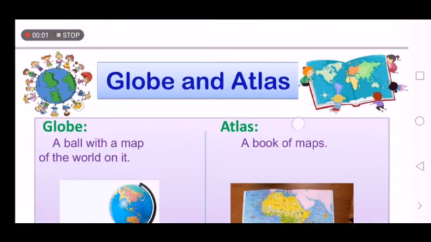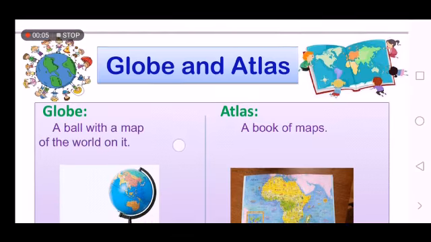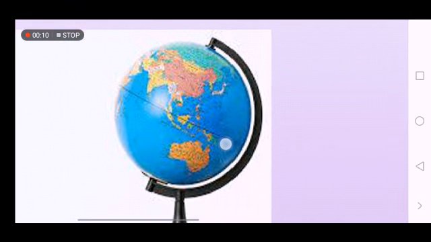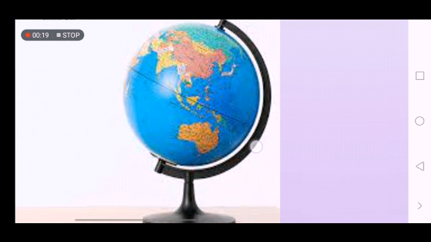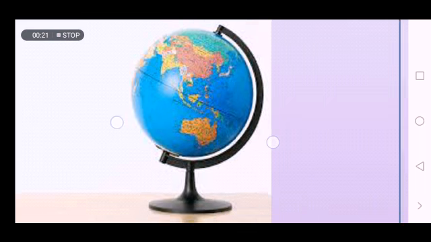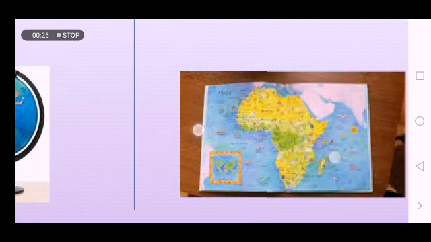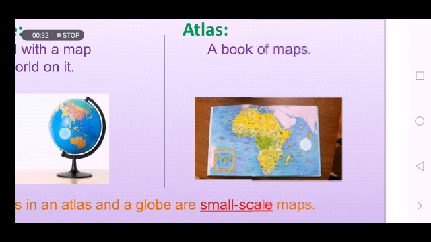Let's move on. Here we have globe and atlas. This ball, the blue ball, is called a globe. It's a blue ball with the map of the world printed on it. You can see the map of the world around this ball, and this ball is called a globe. And here we have an atlas. An atlas is a book of maps, a book full of maps, contains all the maps of the continents, countries,